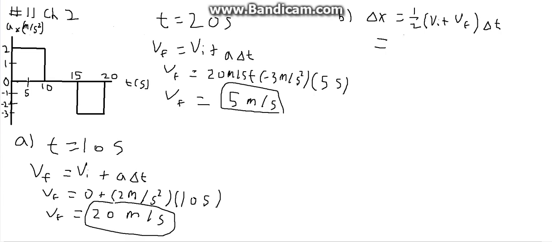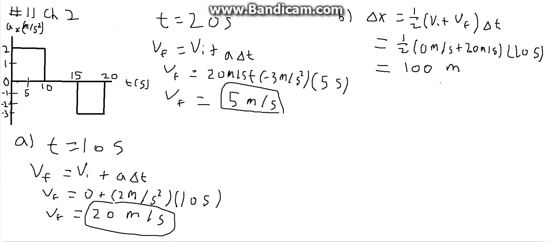This gives us 1/2 times 0 meters per second because we started from rest plus 20 meters per second, which we found in part A of the problem, times 10 seconds because we are going from 0 to 10 seconds, which equals 100